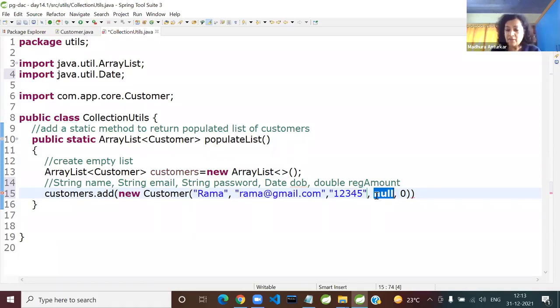Then is the date. So here, I can't directly create the date because it has got deprecated constructors. So can I access the simple date format from the Customer class here? It's a yes or no question. Can I access that simple date format from the Customer class?